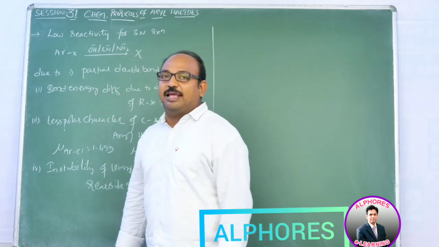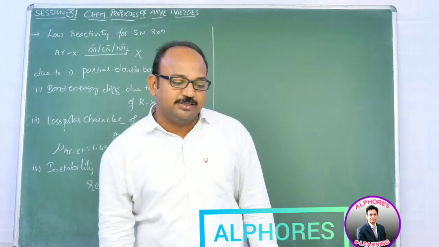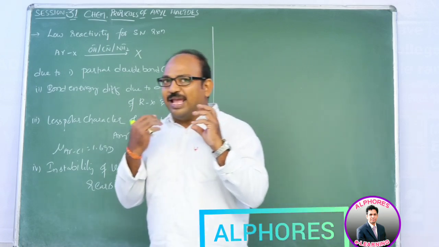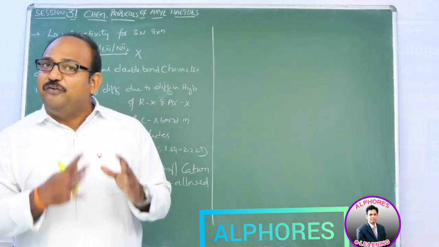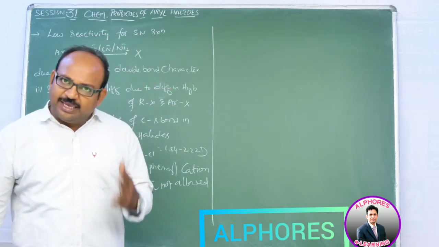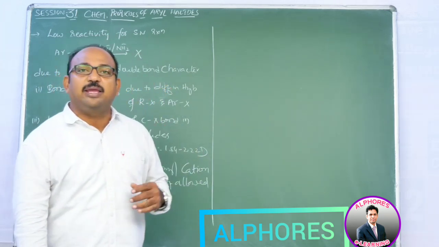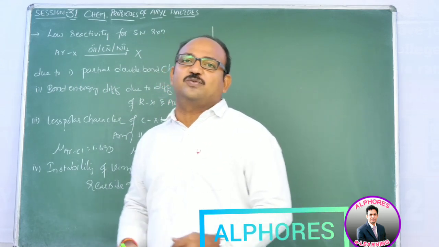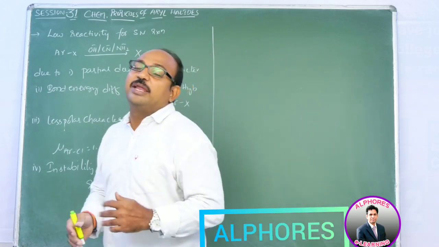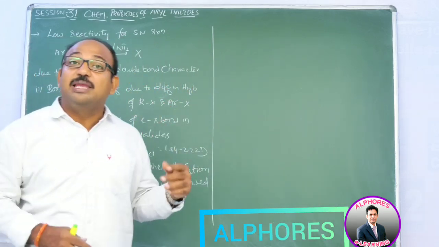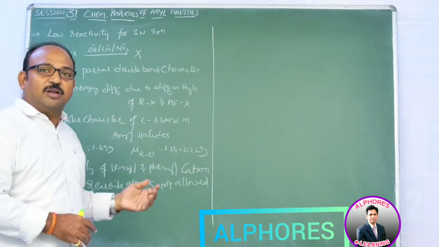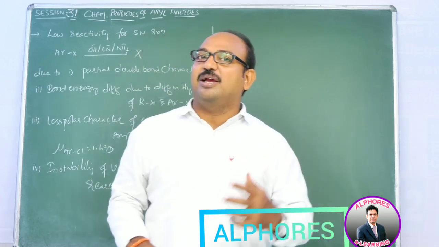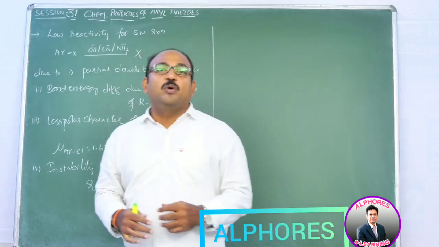In case of alkyl halides, halogen displacement reactions and elimination reactions take place much more easily. We learned various types of substitution like SN1, SN2, SNi, SN2 prime. So many types of nucleophilic substitution reactions we learn. And parallel to that, in terms of base, we also learn elimination reactions, E1, E2, E1cB. So many varieties of reactions we already learned.